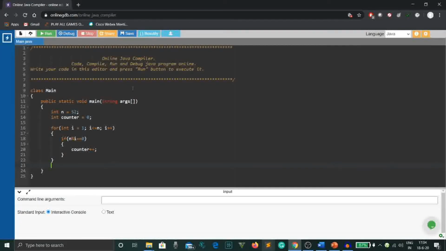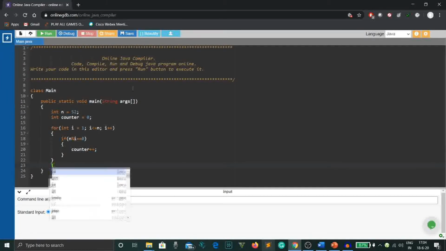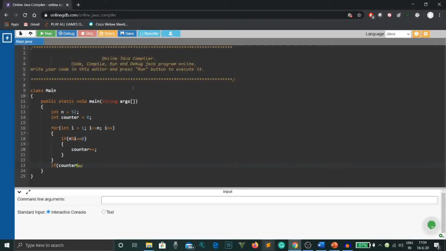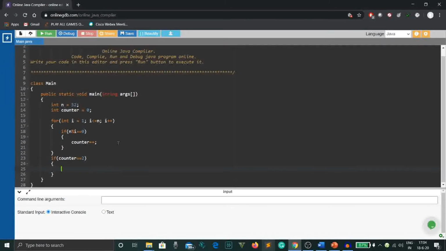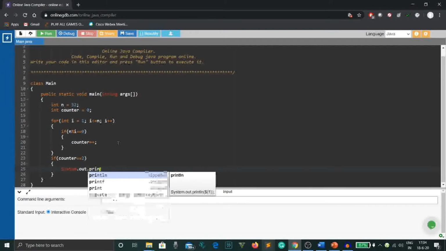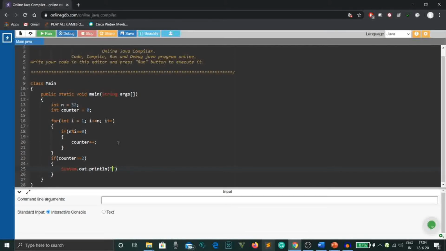Now we'll have to check if the number of factors is 2 or not. So if the number of factors is 2, again double equals is a relational operator comparing the LHS and the RHS. If the counter equals 2, then the number is prime. So we'll print a message saying the number is prime.